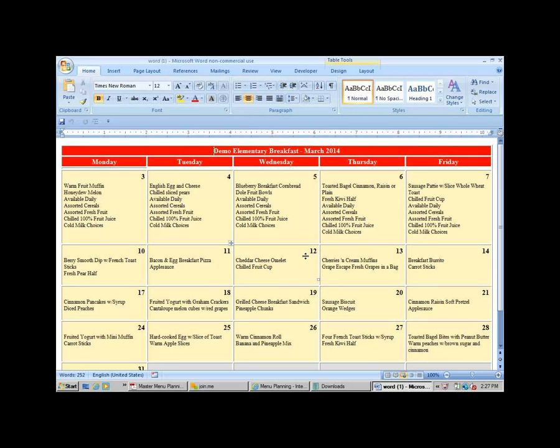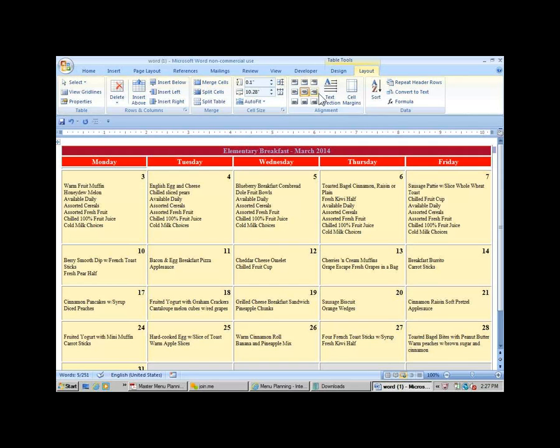So to customize your menu, one of the first things that we might want to do is, this is not a demo anymore. This is going to be our elementary breakfast menu for March 2014. I can take out the word demo here. I can edit anything on the menu now. I also like to have my menu top to be a nice big header. So under layout, I can